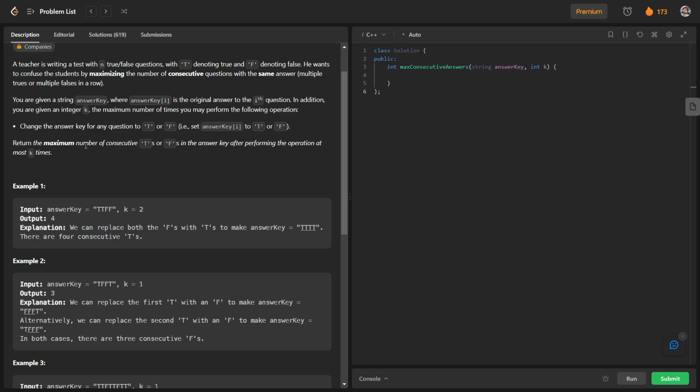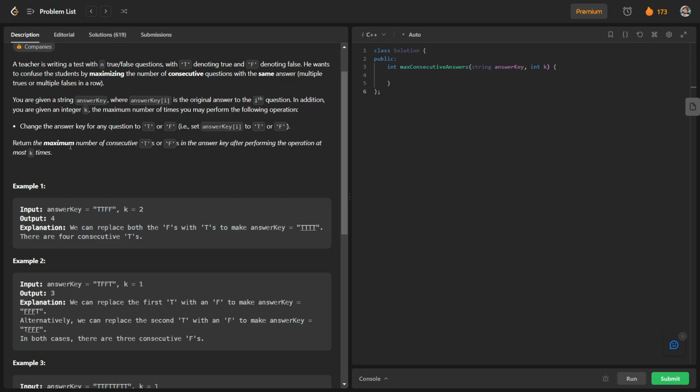In any one operation we can change the answer of any question to T or F. So basically in one operation, we can choose any answer and change it. For example, I have chosen the F at the second index of this answer key, and I can change the answer corresponding to this index.